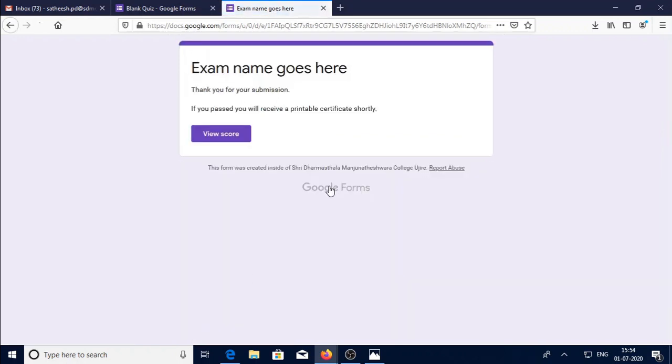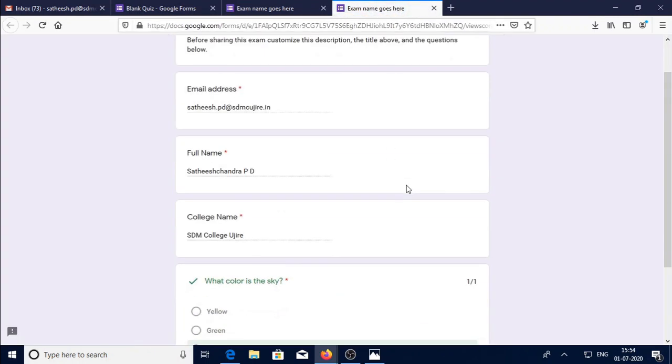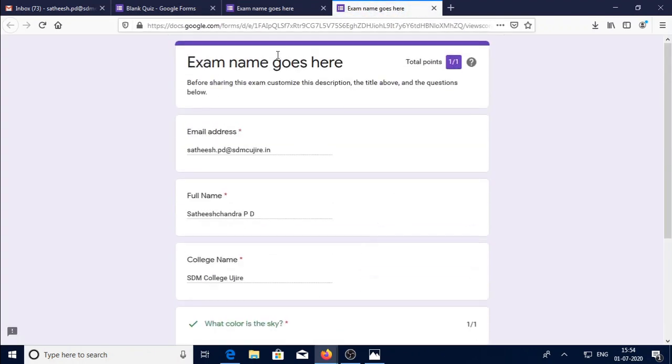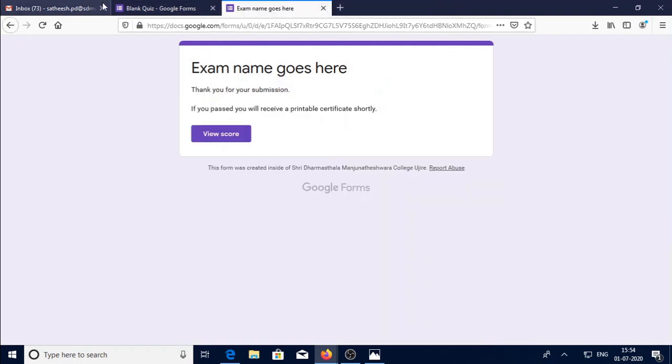Click on submit. So they will get a message, thank you for your submission. If you passed, you will receive a printable certificate shortly, and also they can view their marks. Actually, 100%. So you can check the certificate in your mailbox.